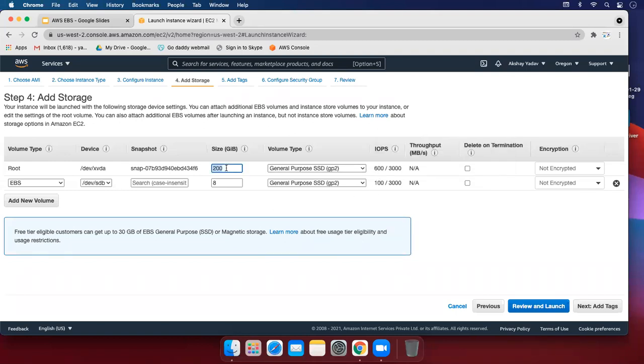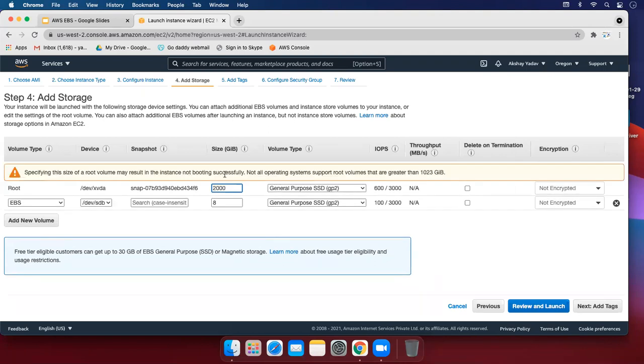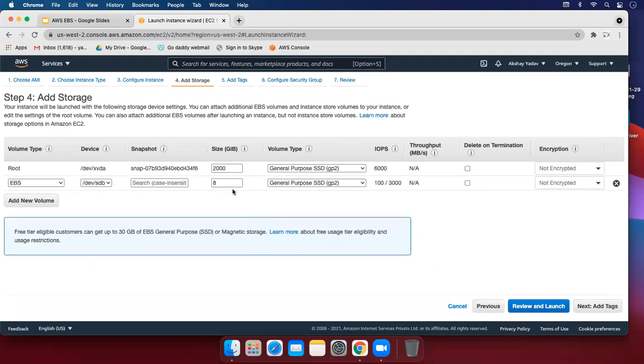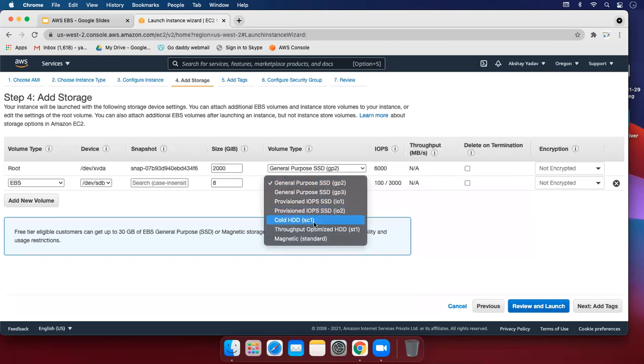When I insert 2000, then my IOPS is 6000. So it depends on the size. When I increase this, IOPS is also increased by 3, so baseline of 3 IOPS per GB.